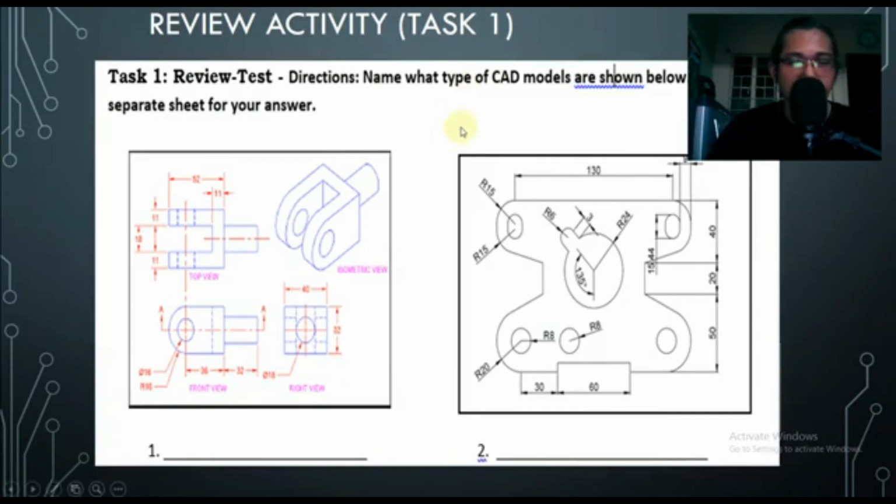If your guess is orthographic projection, that is right. This is an orthographic projection, a presentation of a drawing showing the different sides of the isometric drawing. So here it is represented in two dimensions. The top and the length, or the height or the width, is represented in this CAD model. While in number two,